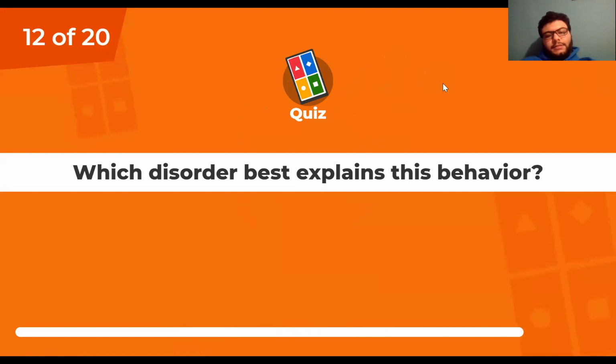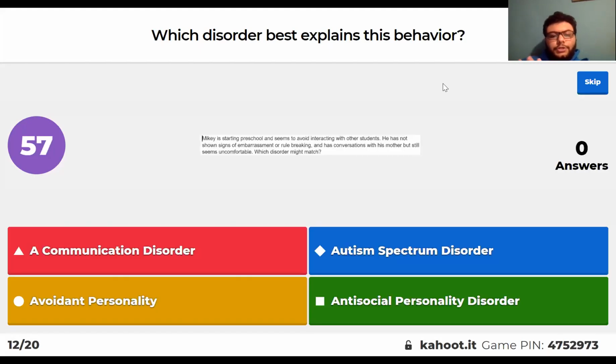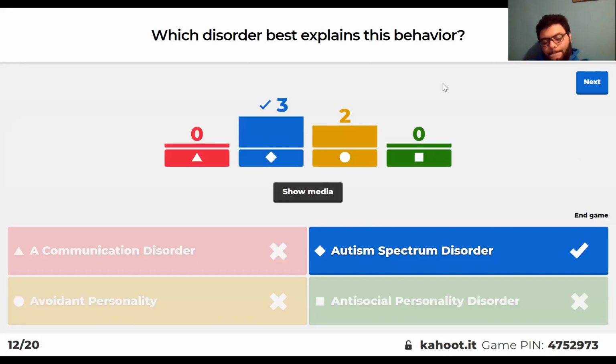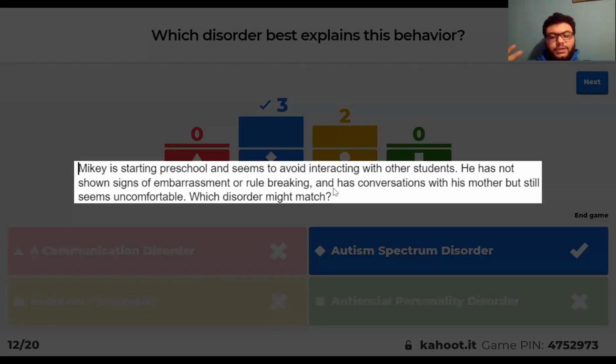Which disorder best explains this behavior? Mikey is starting preschool and seems to avoid interacting with other students. He has not shown signs of embarrassment or rule breaking and has conversations with his mother, but still seems uncomfortable. Which disorder might match? Autism spectrum. So it's not a communication disorder because it says he doesn't have anything physically stopping him from